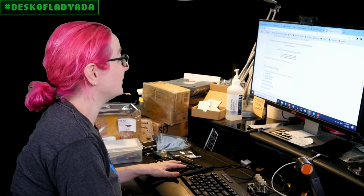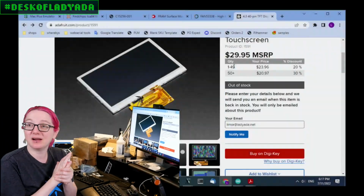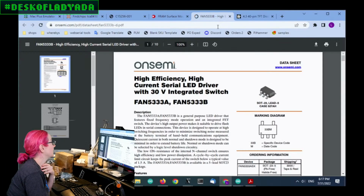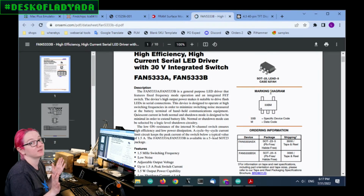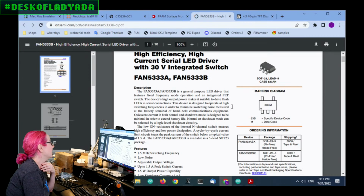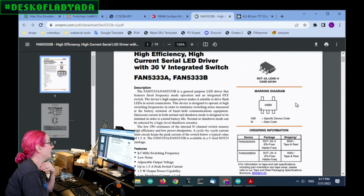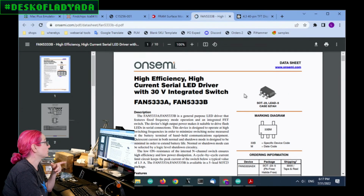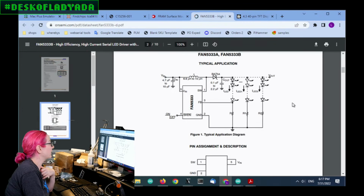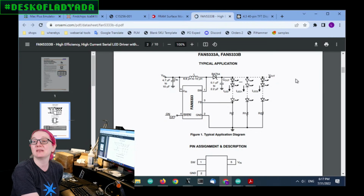So this week, let's go to the computer, and I'll show the part that I am getting. The part that we're going to get is the FAN5333B, and I love this part, to be honest. It was a high current, 1.5 amp internal switch, fast 1.5 megahertz switching frequency, super small, inexpensive, SOT-23-5 boost converter for LEDs. And what's cool about this is that it was a constant current LED driver, which means that,